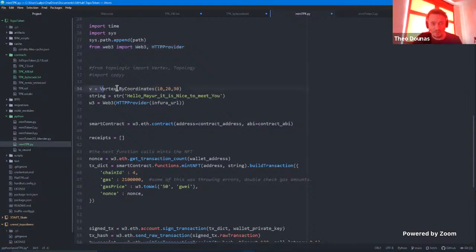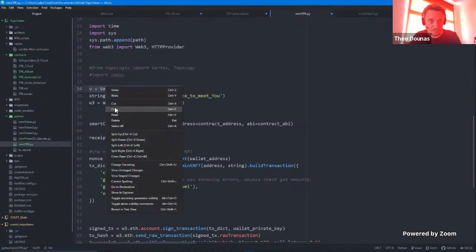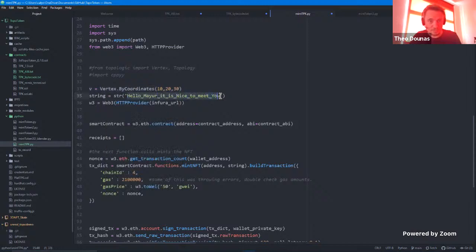So you'll see this one is a topologic command. So that's how we do it, essentially. We feed the topologic command into the strings, and this is how it then writes to the blockchain. So if I copy this and go from hello, Major, it is nice to meet you, to give it this,